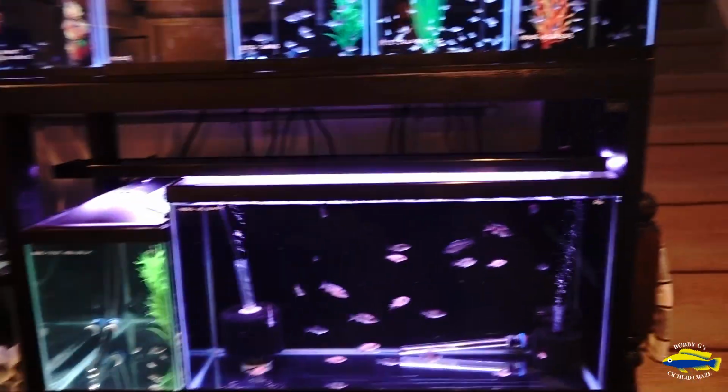I called it an unboxing video. These fish transport better in pails. I'm not so sure they're great in bags. Anyways, let's have a look at what's in the pail and what tank I'm going to put him in for quarantine. Okay, so the options that I have,